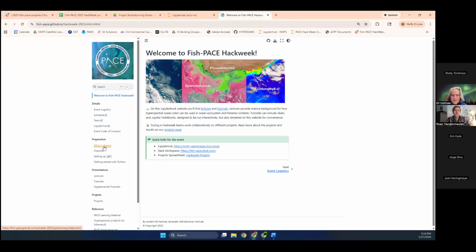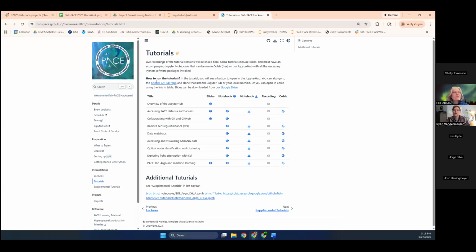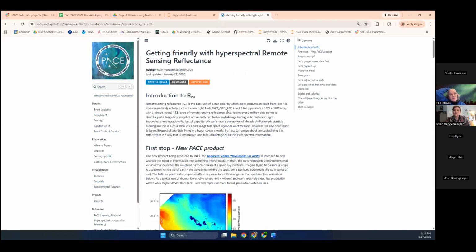If we go to the tutorials on the Fish Pace Hackweek, we are going to be doing the remote sensing reflectance. So if we go straight to the notebook where the eyeball is,